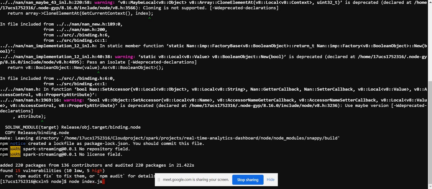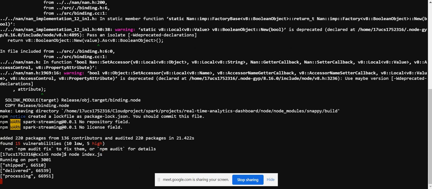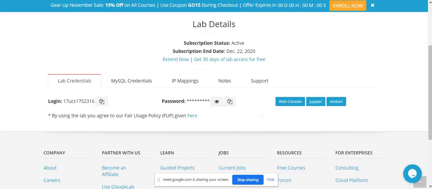Now we will be hosting our localhost at port number 3001.